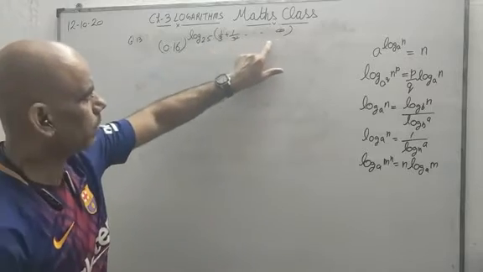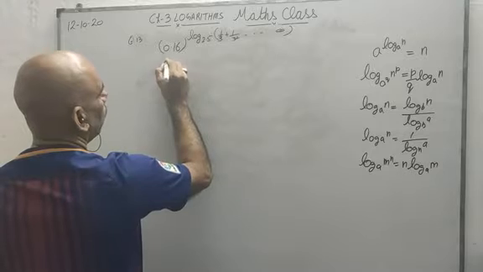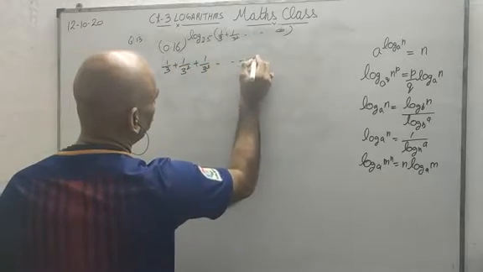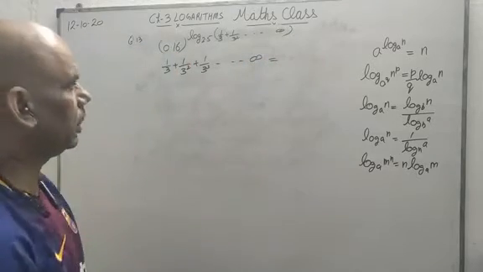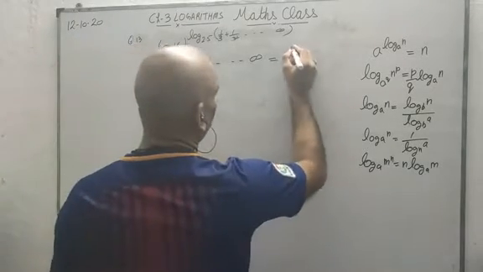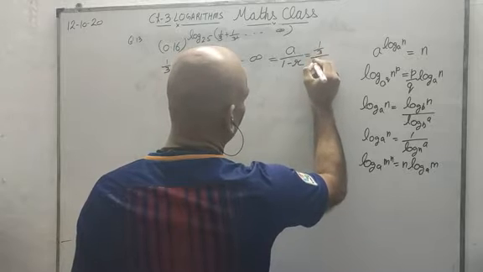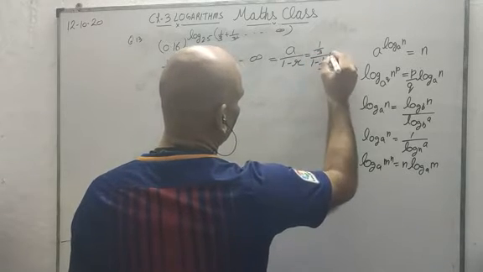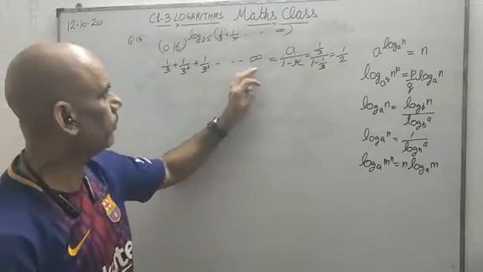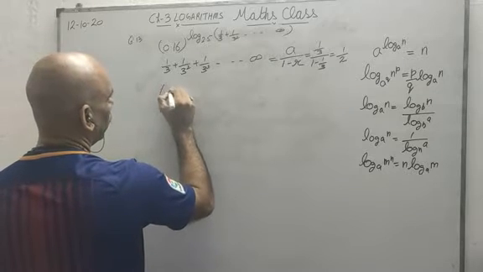First of all, let me solve this. It is saying 1 by 3 plus 1 by 3 square plus 1 by 3 cube up to infinite. You might have studied GP, so here you can see that this is a GP, and in GP the sum of infinite terms is a upon 1 minus r, that is 1 by 3 upon 1 minus 1 by 3, and I got 1 by 2. So the sum of all this is 1 by 2. Very nice.